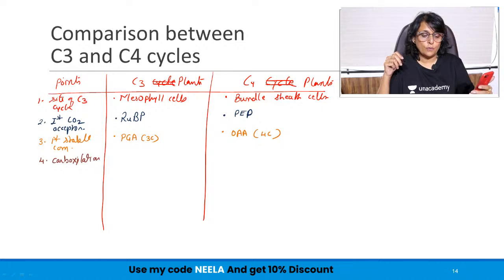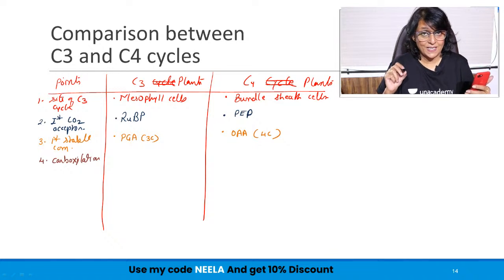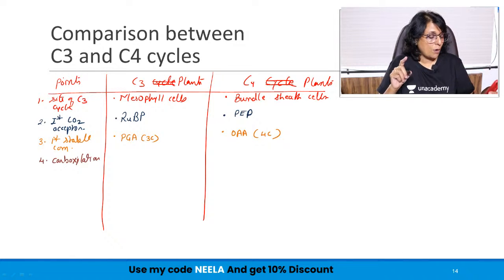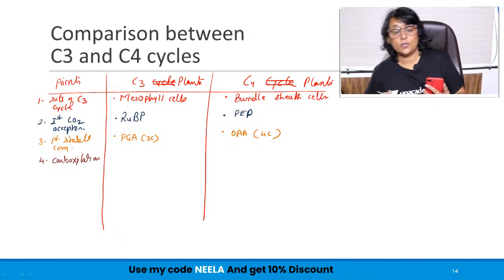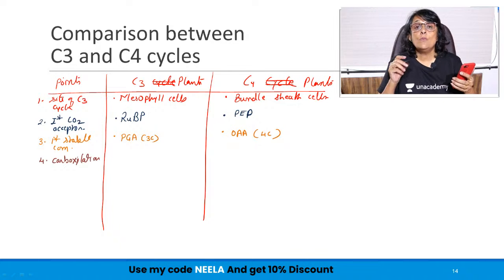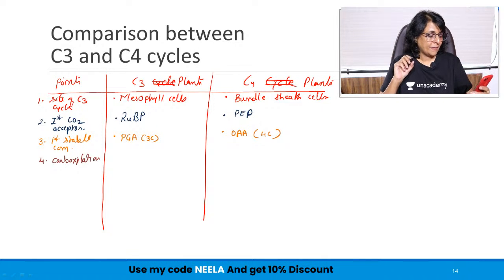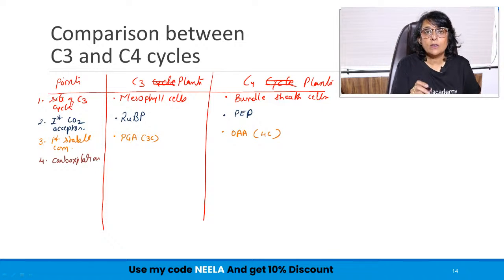Six times to form, oh, I'm not talking about the dark reaction or Calvin cycle. I'm talking about carboxylation. So Rahul has given 6 times, that is Calvin cycle. That is not the question. The question is, how many times is carbon dioxide getting added? Reshma also says 6 times in mesophyll. Okay. Carboxylation, that is addition of carbon dioxide, takes place only once in